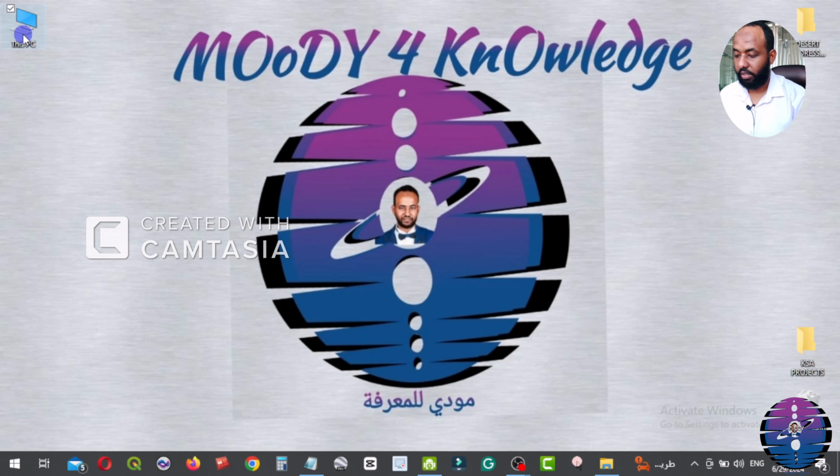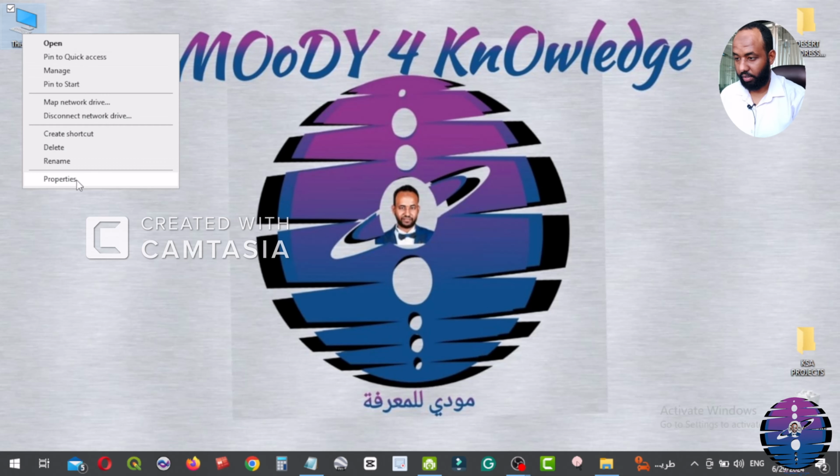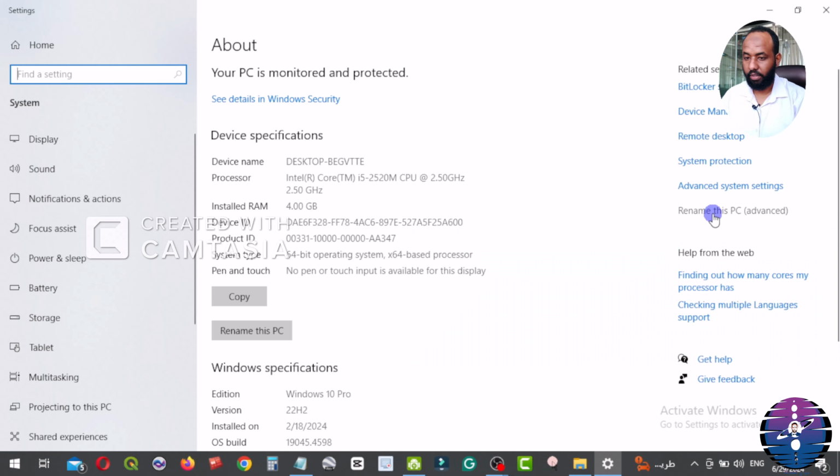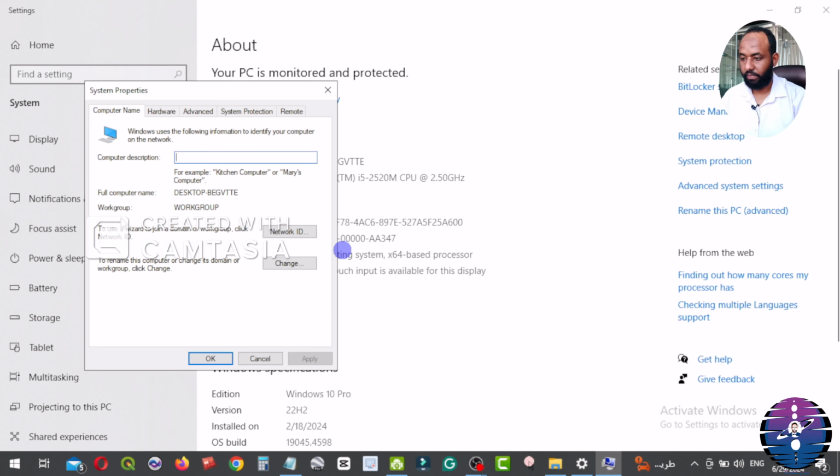To get the device name, we go to my PC or my computer, right click, click on settings, rename this PC, and then copy the device name inside the service.